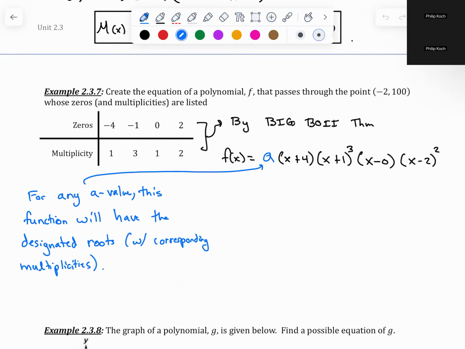So you can choose whatever a value you want if you're given just the zeros and the multiplicities. So if it just said create a polynomial that has those zeros and those multiplicities, you could just write a 1 and call it good. Like, don't even bother writing it. However,